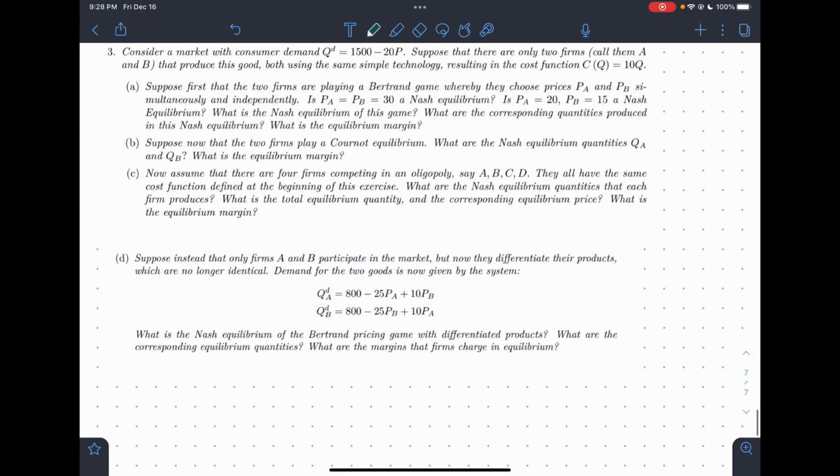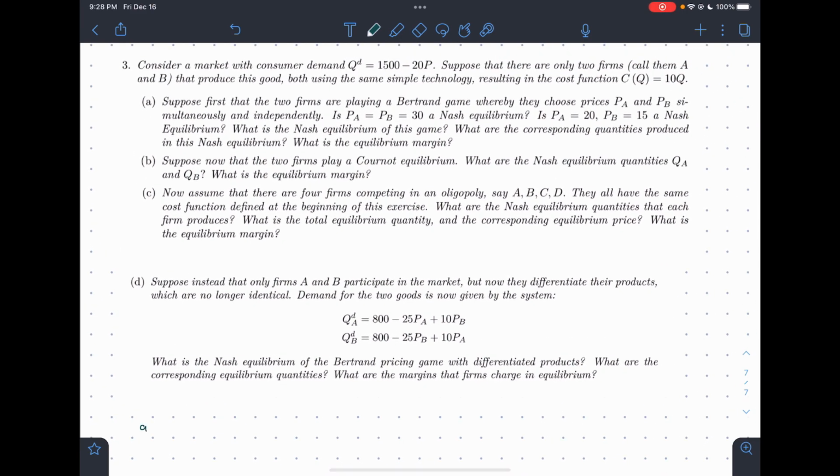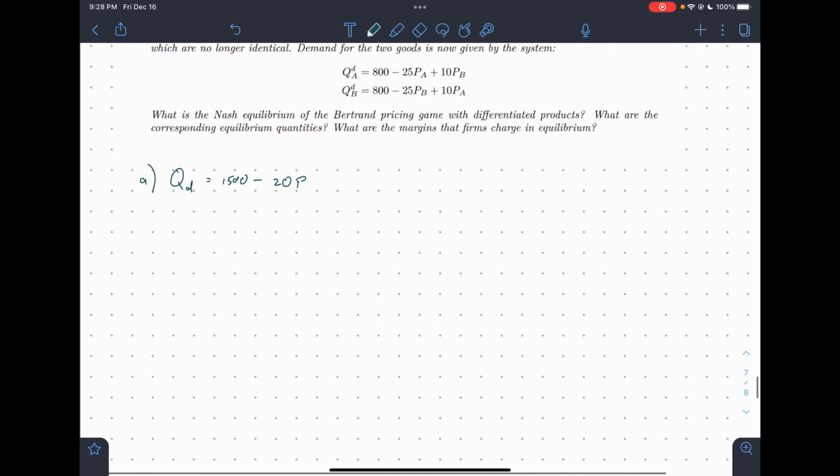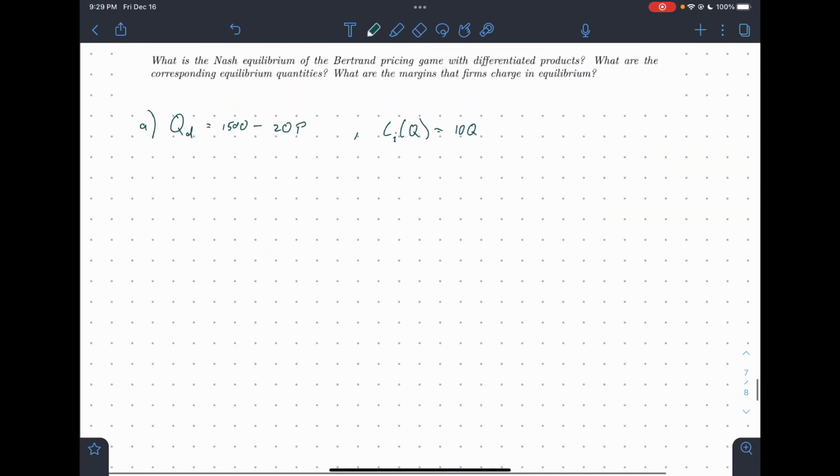We'll get into what all that means in a second, but I'm just going to start out writing out the demand function. So for part A, we have QD is 1500 minus 20p. Okay, so there are 2 firms. We have the cost function of each firm. The cost function of each firm is just going to be 10Q. I'm just going to write that. Okay. Now for part A,